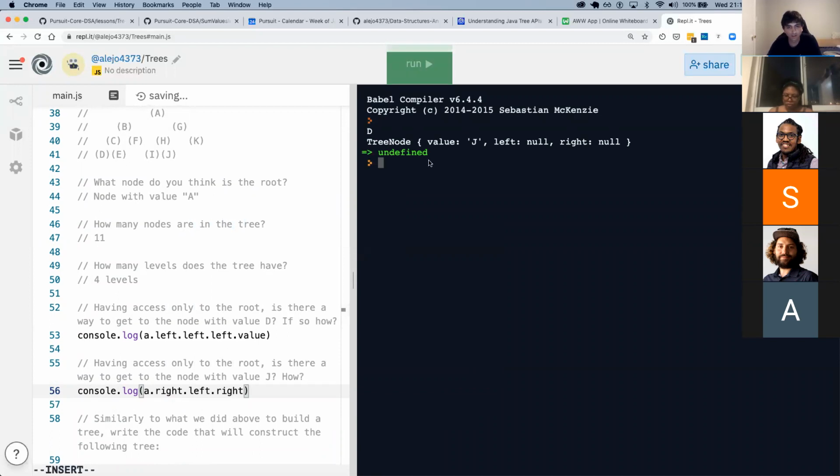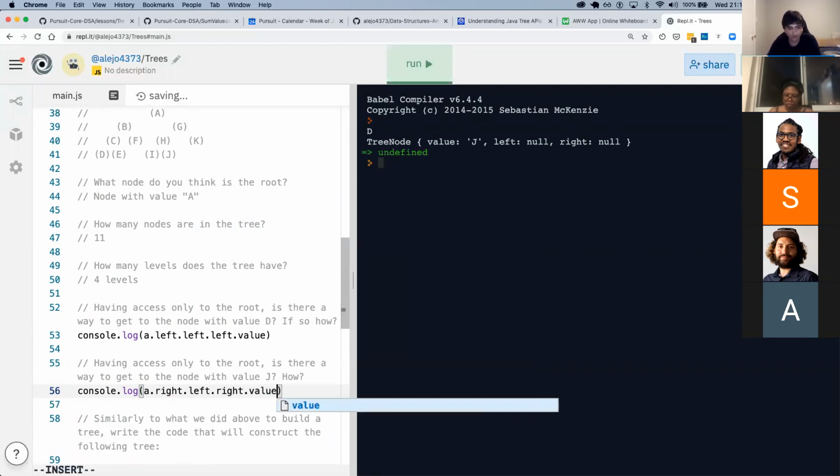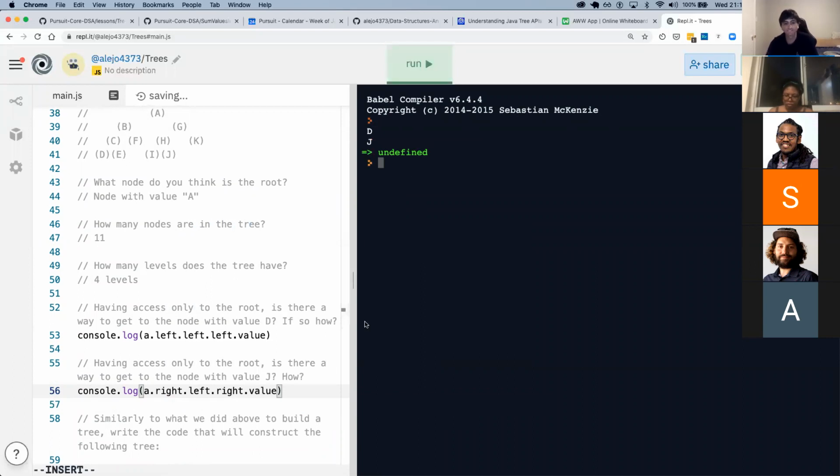Let's take a look. Cool. Yes. Let's console log that node. Let's console log just the value. Oh, dot value, yeah, sorry. Okay, so here we're going left, going right, and navigating. This is true for all the nodes. We can get to any single node just through the root.